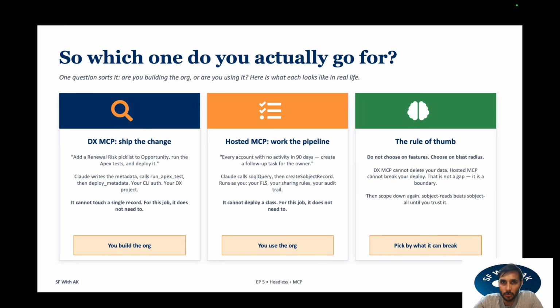Are you building the org or are you using it? Building, you are in VS Code. Something like: add a renewal risk pick list to opportunity, run the Apex tests, deploy it. Claude writes the metadata, runs the tests, calls deploy metadata. That's DX MCP. And while it does that, it literally cannot touch a single record, which for that job is